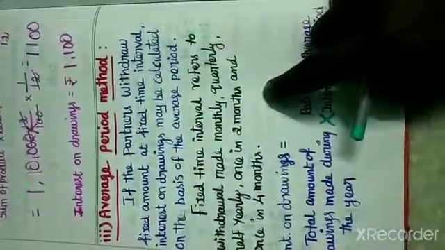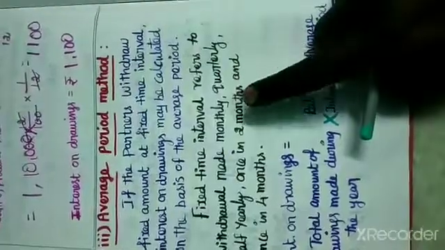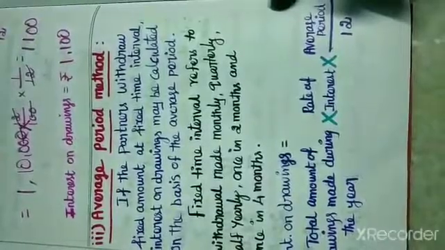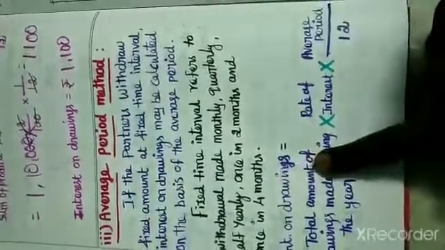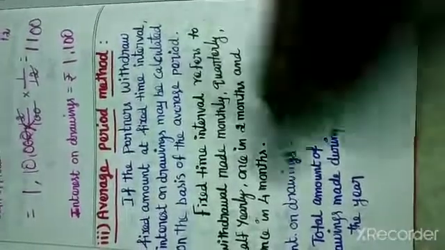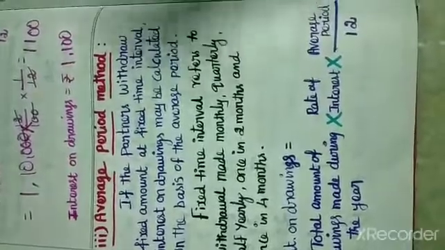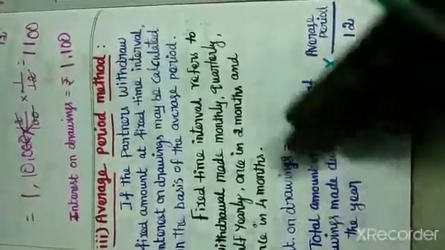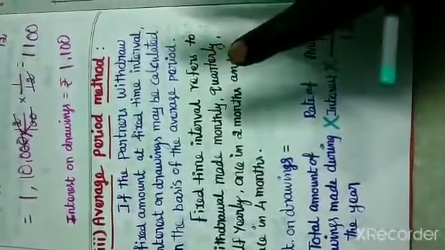But in this sum we are going to see that at a fixed interval of time the partners withdraw the amount from the partnership firm. For example, every month of the year the partners withdraw 1000 rupees from the firm. January month beginning, February, March, April. From the academic year beginning to academic year end, sequentially he will get 1000 rupees per month. He can withdraw from the firm at the beginning, middle or end of the month, but anyhow he will get the amount from the firm once every month.